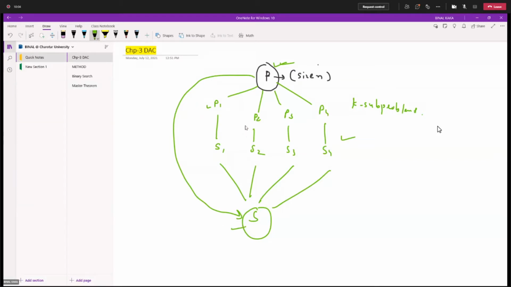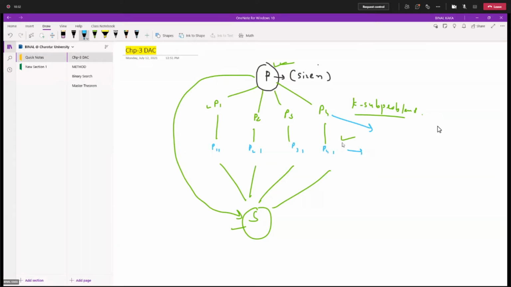So how does the divide and conquer strategy actually work? Assume that we have k sub problems. The possibility is that these sub problems are also large in size. So we again divide the sub problems into sub problems. I can divide here like this. Now I have sub problems, so I can write P11, P21, P31, P41.